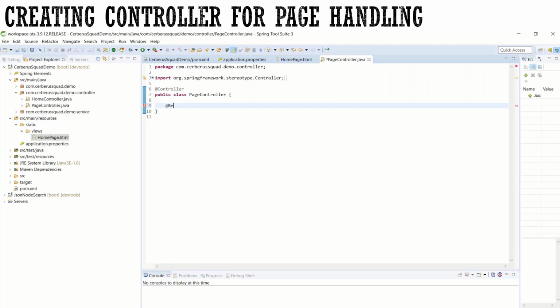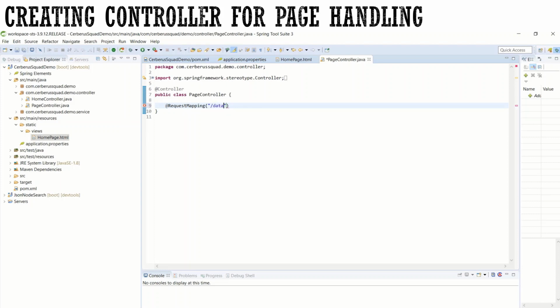When you type request and press control space, you will have the option RequestMapping, and inside this add slash data. You can name any mapping here. This data can be home, fetch, hi, anything.